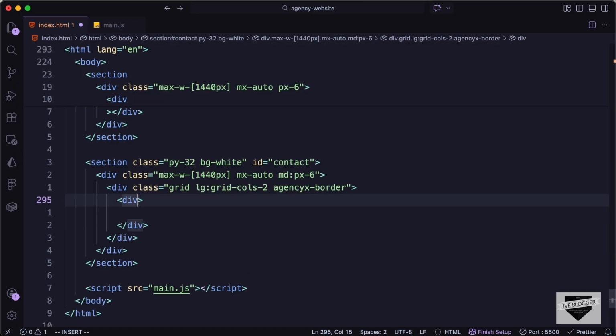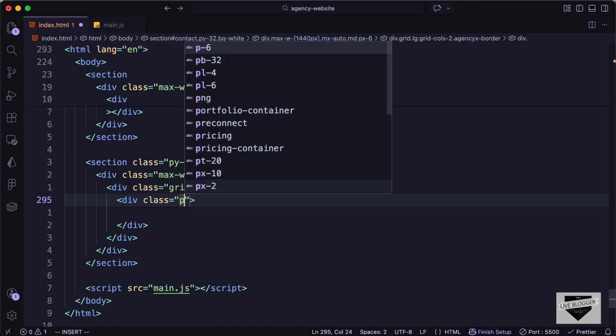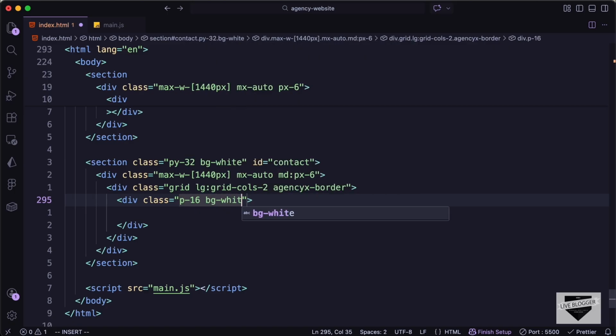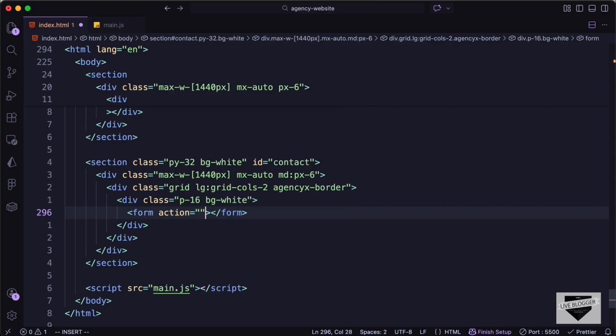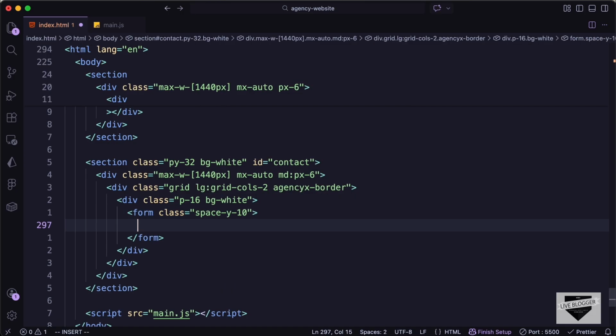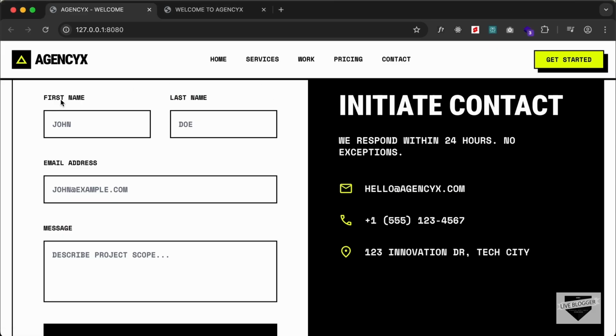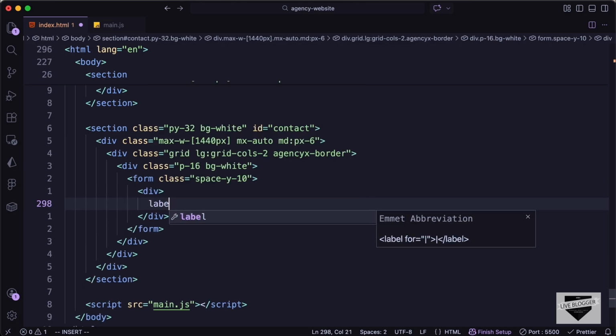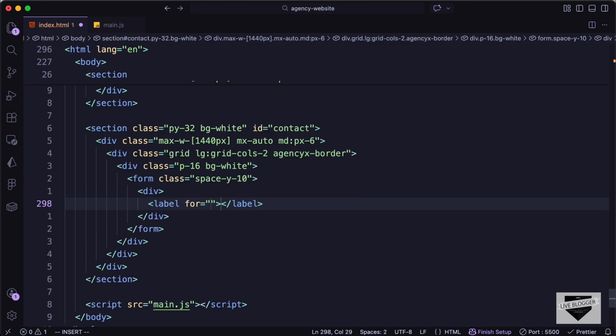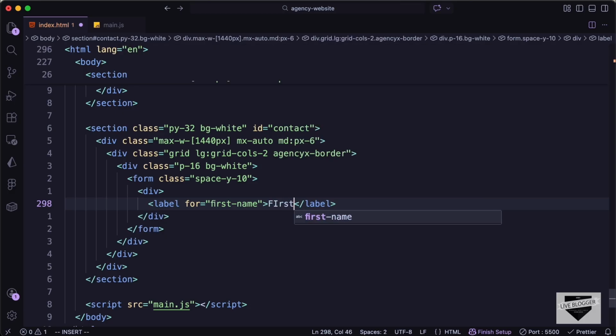Now for the left side we need to have the form. So for the form let's create a div, and let's give it a class of padding 16 and background of white, and in this let's create a form, and let's add a class to the form, and let's type space y of 10. So this will add vertical spacing between the elements. Right now we need to create this label and this input field. So let's go ahead and type div, and in this div let's create a label, and in the for let's type first name, and we need to add this same name for the ID of the input field, and the label let's type first name,